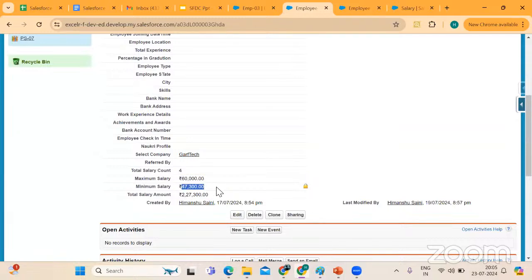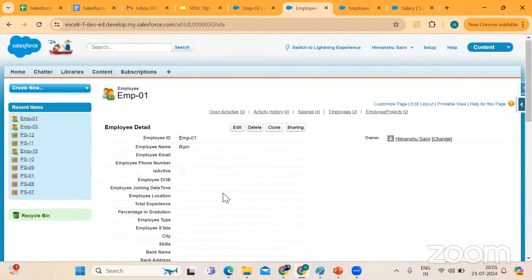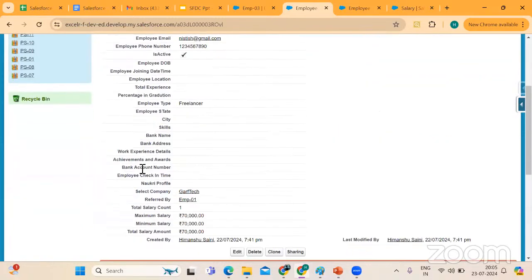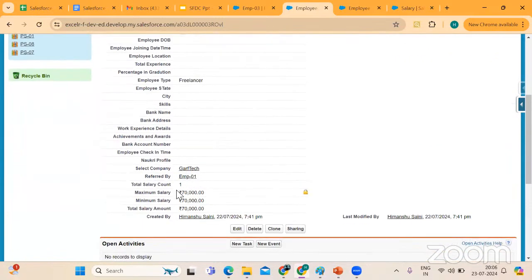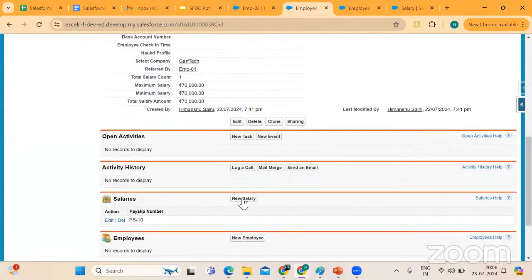Minimum salary 47,000. Total salary amount which we have given is 2,27,000. Every information we are getting. Nitish Kumar count is 1. Maximum and minimum salary 70,000. Total salary amount 70,000. If I give the new salary